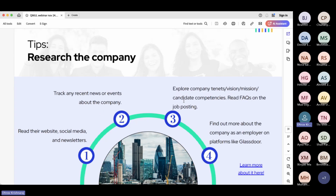How do you customize your applications? By learning more about the company through the website, newsletter, social media, news and events. Going to their About Us page, learning more about the vision, mission statements, and FAQs on the early careers page as well. By doing that, you increase your chances manifold, adding a total of 63% better chance of getting the